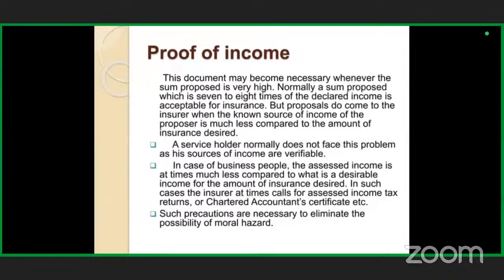Normally, a sum proposed which is 7 to 8 times the declared income is acceptable for insurance, but proposals do come to the insurer when the known source of income of the proposer is much less compared to the amount insured decided. So a service holder normally does not face this problem as his sources of income are verifiable. In case of business people, the assessed income is